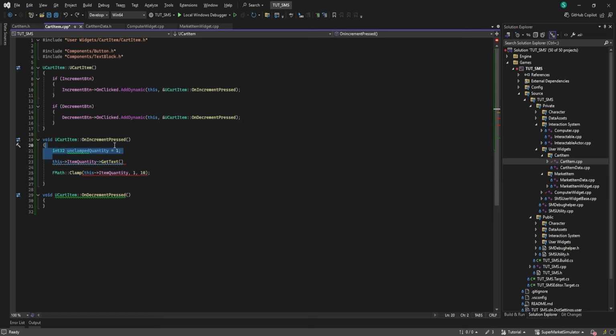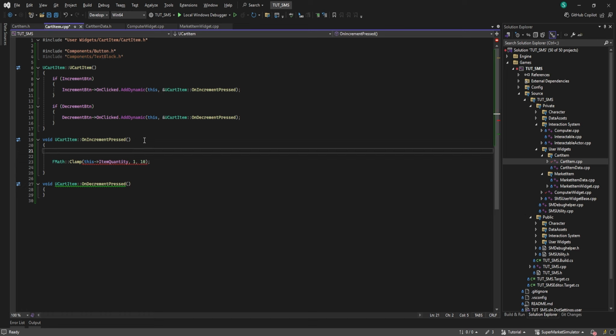Alright, there's a small correction. Let's remove this line, and what we need is a function called FCString, not FString. It is a namespace used to convert any string functions, like A to I. Alright, next we copy the previously removed line, which is this dot item quantity dot get text, convert it to string, and we need to convert it to C style character. And now we got the integer value, which is